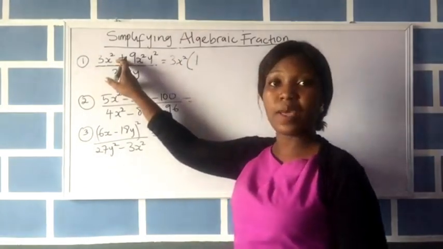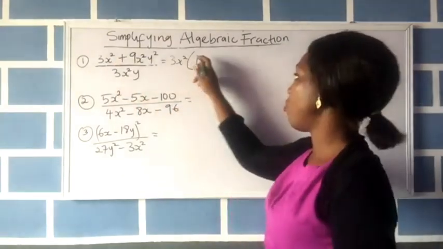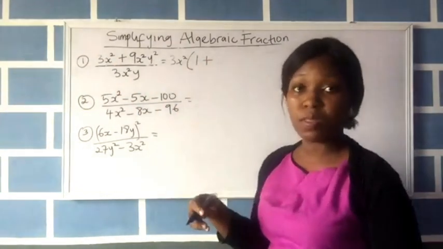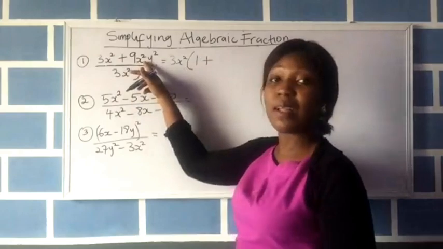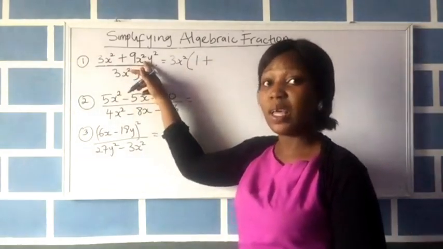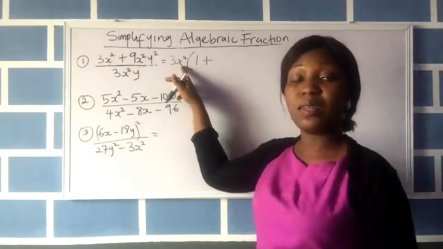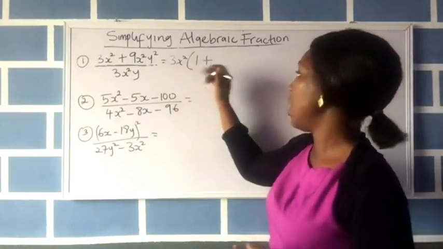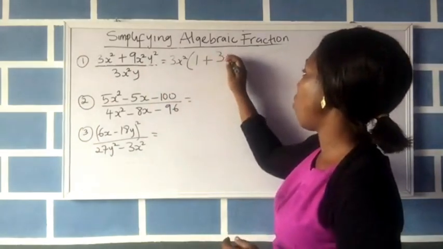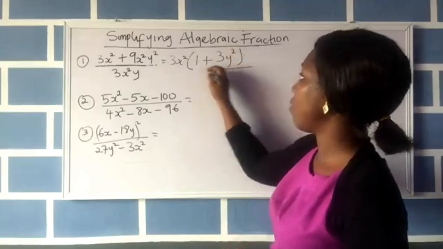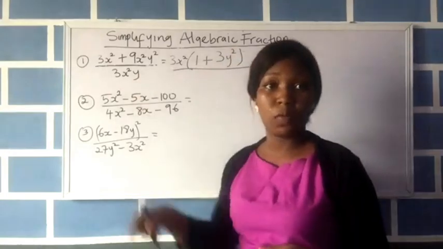The sign in the question is plus, and it is repeated here as plus. The next term is 9x squared y squared. That value divided by 3x squared gives me 3y squared. So let's write down 3y squared in brackets, divided by my denominator, which is